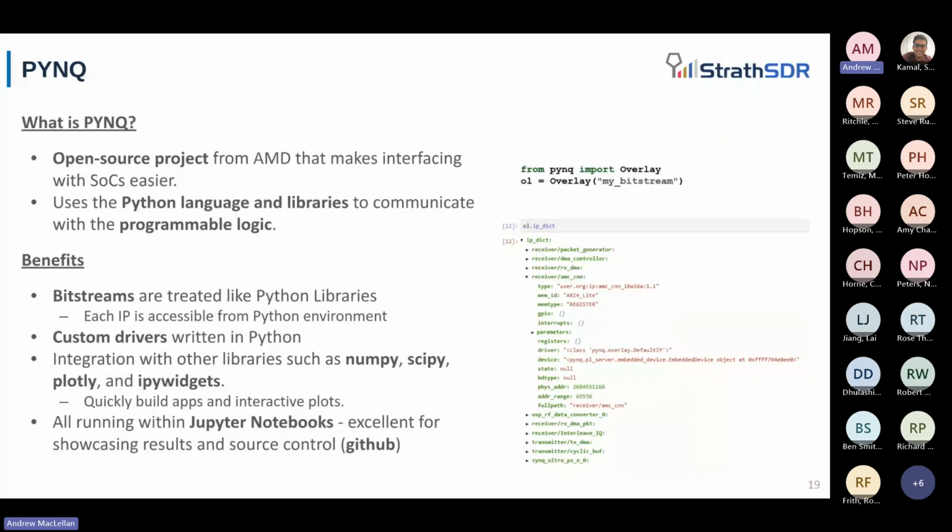This really helps in accelerating results and making things look interesting, where we can quickly build apps and interactive plots. And this is all by default running with Jupyter notebooks, which is excellent for showcasing results. If you push any of these Jupyter notebooks to GitHub via source control, you can see what you were running on the board directly in GitHub. So it makes it excellent for collaboration.